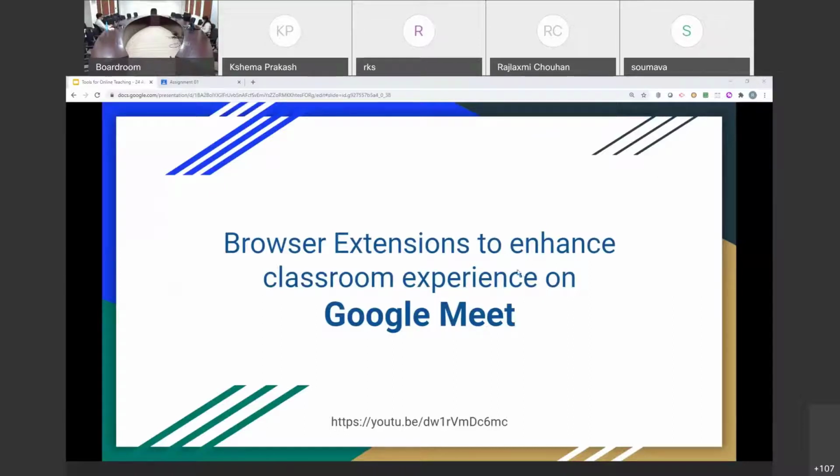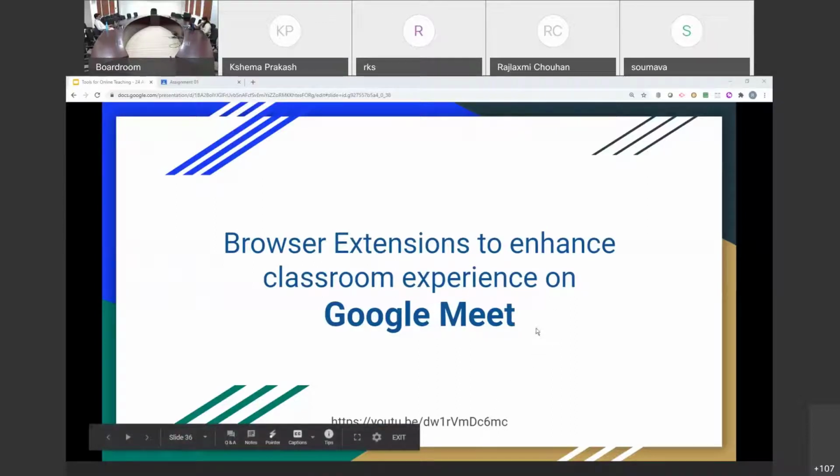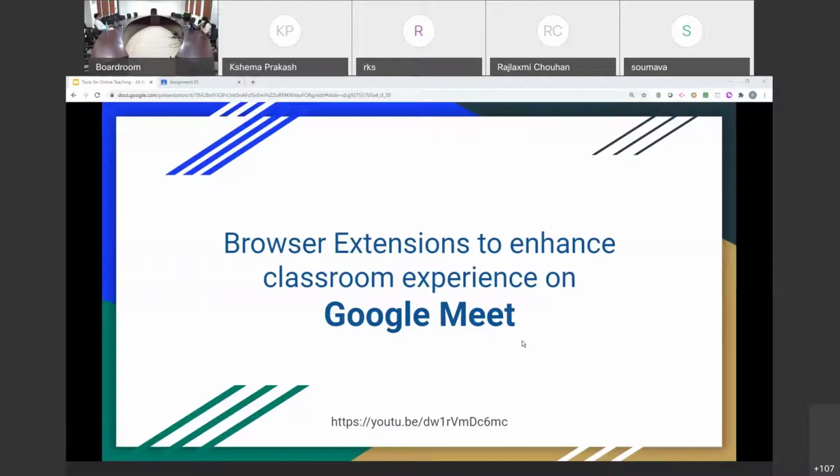So, moving to the browser extensions that can enhance the classroom experience on Google Meet. Because we have Google Suite education with us, it's easier for us to use Google Meet. One advantage is that all students have to log in from their own email IDs, so there is no way for students to spam an IITJ Google Meet. They cannot rename themselves as someone else, which is possible on WebEx if it is not sent as an invitation and you're not noting down email IDs. So Google Meet has been very useful for everyone in the previous semester.